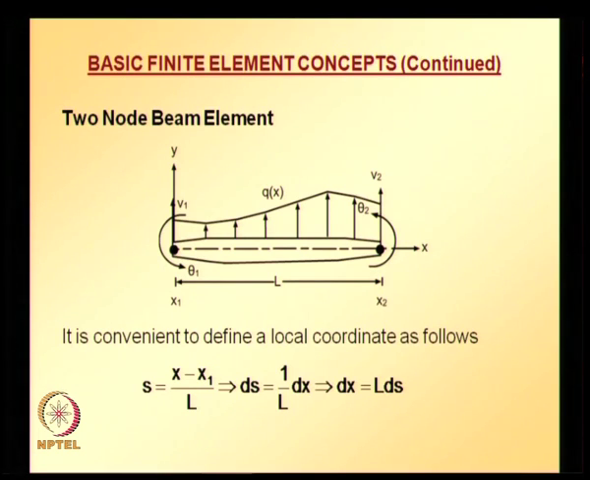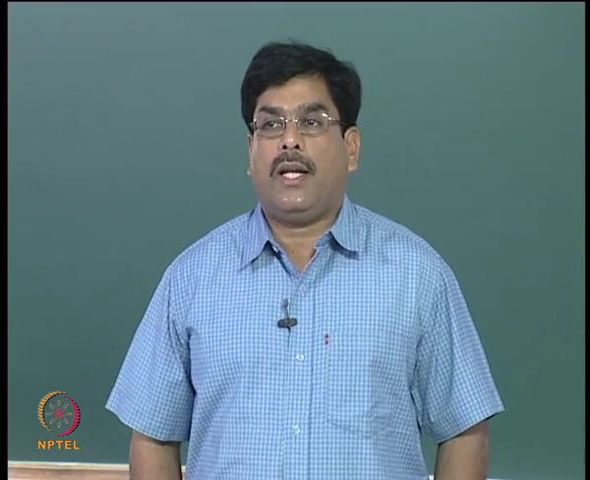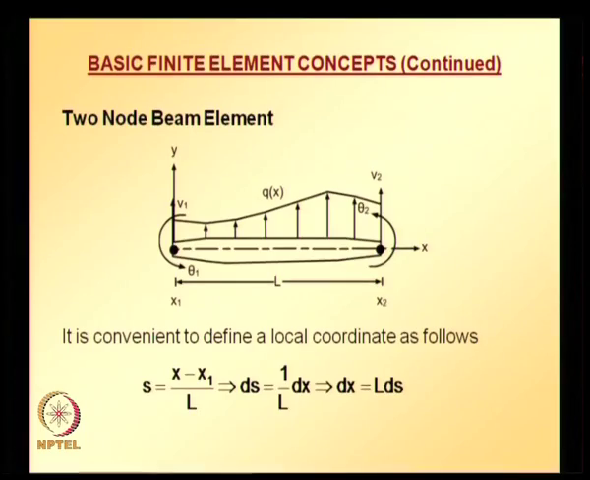and this entire length, that is x1 to x2, is mapped onto another coordinate system in s, where s is equal to 0 corresponds to x1, and s is equal to 1 corresponds to x2. So the relation between the x coordinate system and the s coordinate system is given by s is equal to x minus x1 over the length of the element, which is nothing but x2 minus x1,